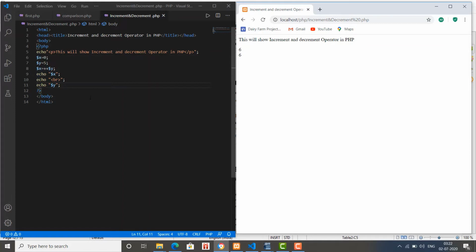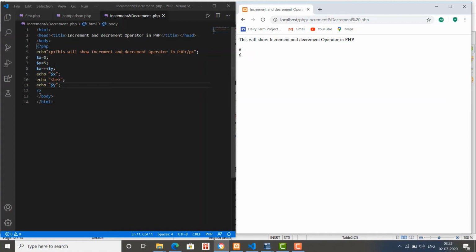The pre-increment notation means it will first increment the value, then assign it. So y is incremented by 1 and becomes 6, and then its value is assigned to variable x. So x also becomes 6. Here in both cases we got x and y equal to 6 and 6.